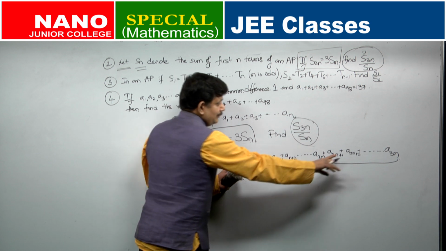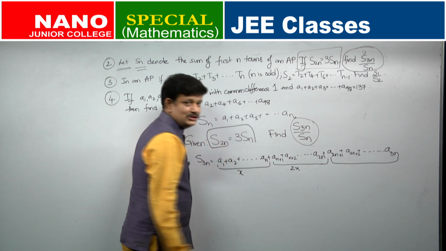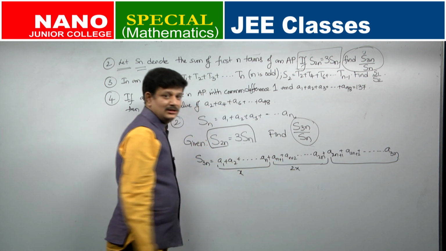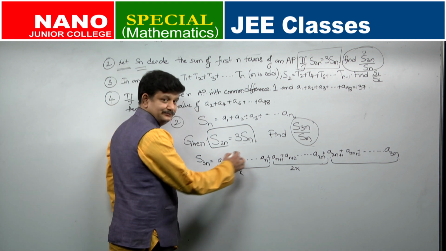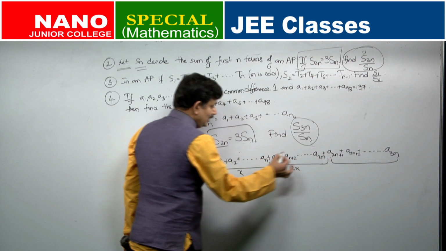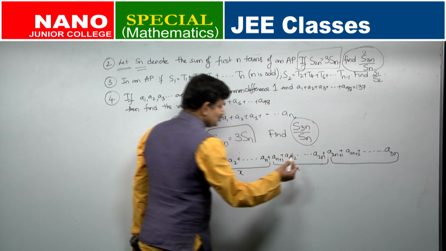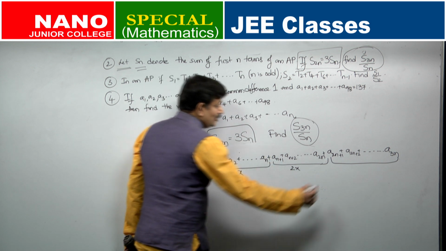Similarly, A2 plus A2n plus 2. What will be the sum of the subscripts? 2 plus 2n plus 2, 2n plus 4 by 2 will be how much? An plus 2. So, this one plus this one will give you 2 times of this. A2 plus A2n plus 2 will give you 2 times of An plus 2. So, if I call this y,